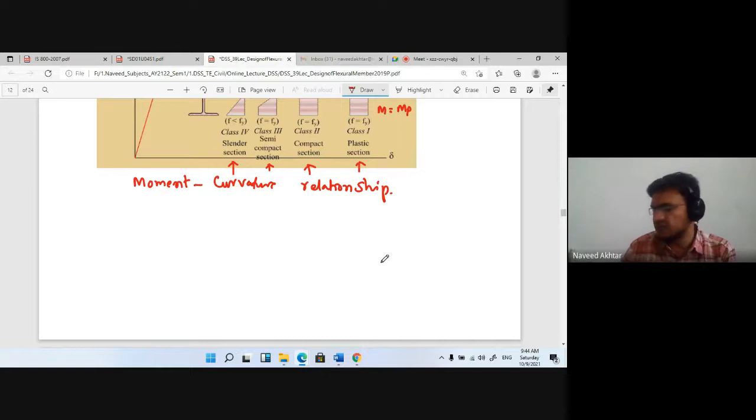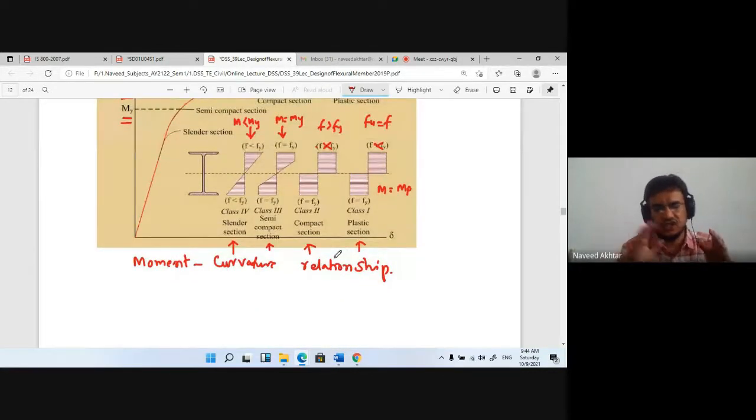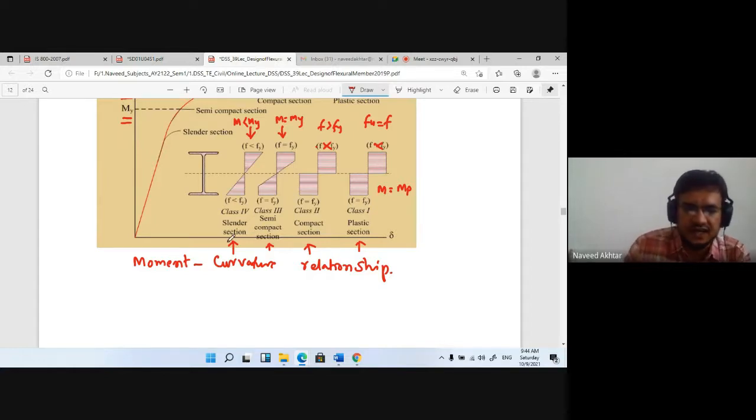That's why, for designing any type of structure or structural element, you can keep in mind that you can always prefer to design for the plastic capacity, so that before failure the structure or structural element gives the warning, and so that we can save lives.